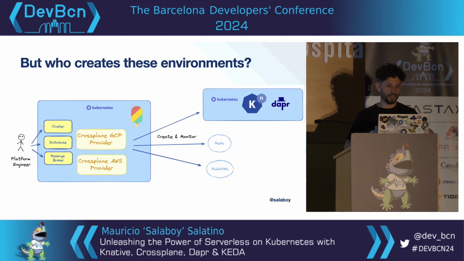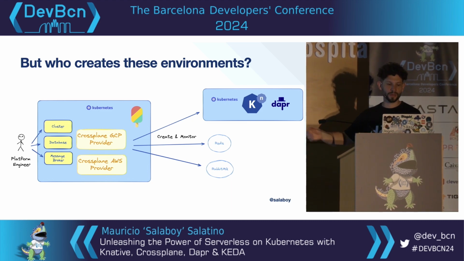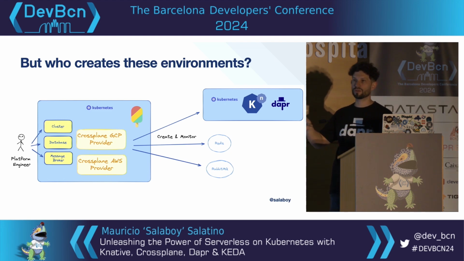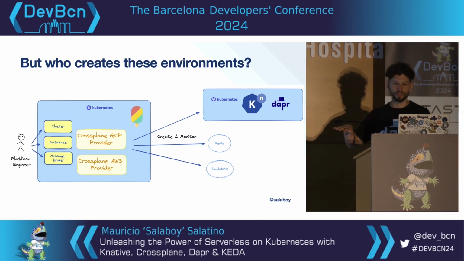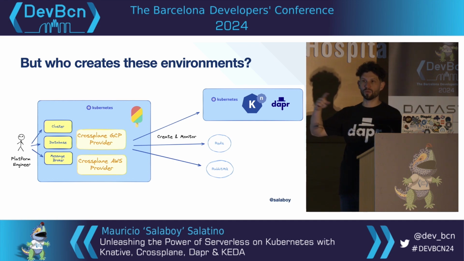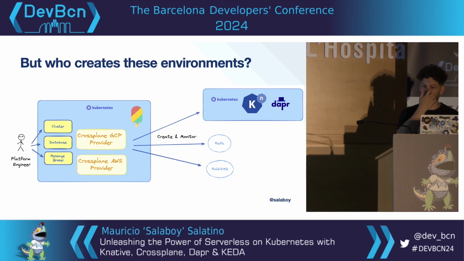And how does it do that? It basically extends Kubernetes with custom types for cloud providers, right? So you can have something, for example, like the cluster resource or the database resource or the message broker resource for Google Cloud. Then you create a YAML file that basically represents the resource that you want to create. You send it to Crossplane. Crossplane will create these resources for you, and it will keep monitoring these resources to see if they are created and running all the time, and it will report status back. If you go and delete the resource, Kubernetes will create it again in the same way that it will create again a pod if you delete it when you're running your applications.